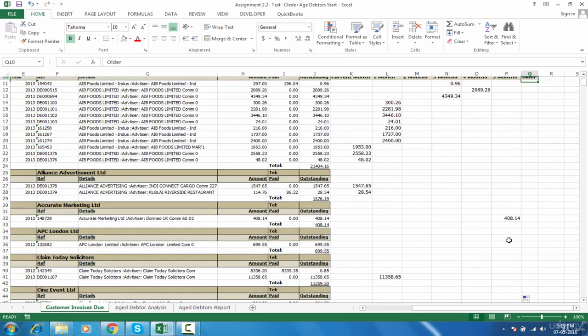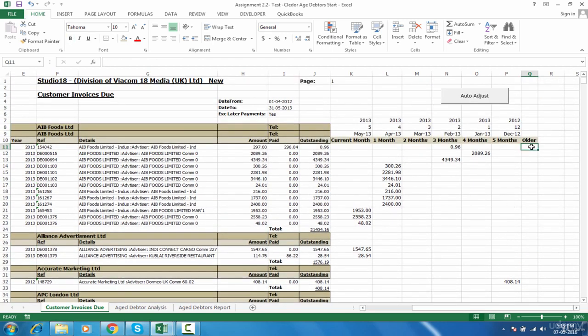So now is the older calculation. If we consider December, any date within December, 1st December to 31st December 2012 should show up here. Any date even one day before December should show up here. That means any date that is below 1st of December 2012 should show up here. So the formula will be,